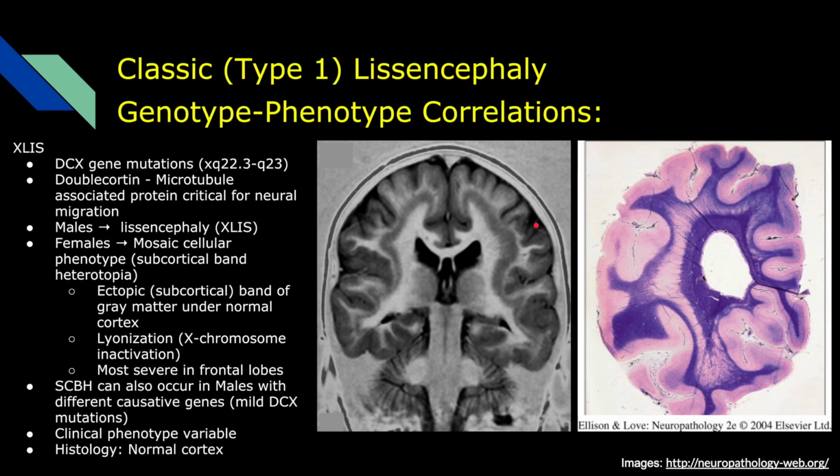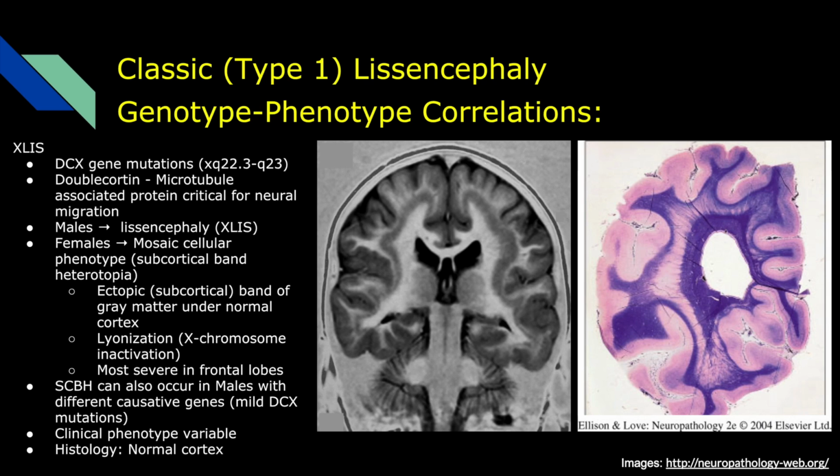So this is beautiful here on this section as well from Ellison and Love. You get a ventricle. Here's your white matter. Here's your normal appearing cortex. And then you get this second band, a subcortical band of heterotopia. So again, more severe anteriorly,